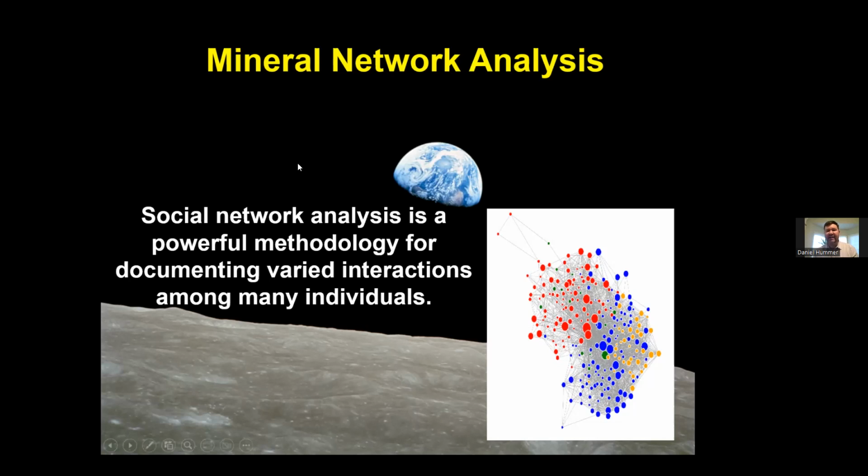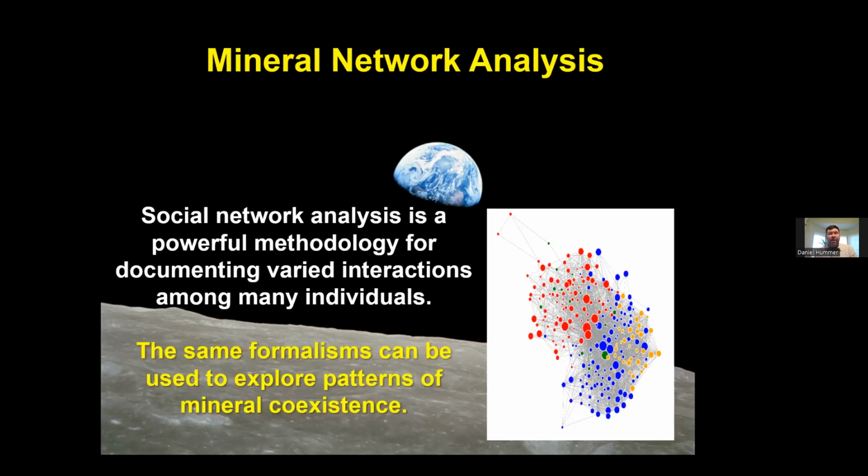And so this is just an example of what one of these network diagrams would look like. Each of these spots on the diagram represents a particular mineral species. So as geoscientists, we can use this same formalism to explore patterns in mineral coexistence. And perhaps by studying the ways in which minerals coexist with each other and the frequencies with which they coexist, we might even be able to use that as a technique for finding new mineral species, for predicting new valuable deposits of critical metals that our society needs.